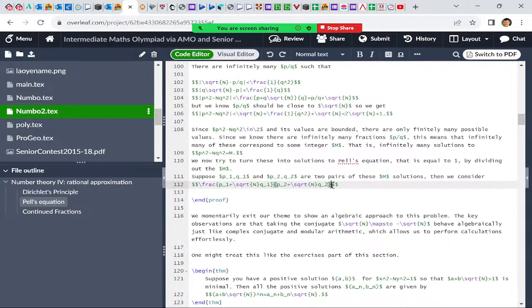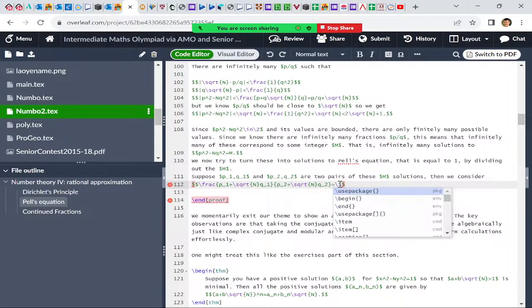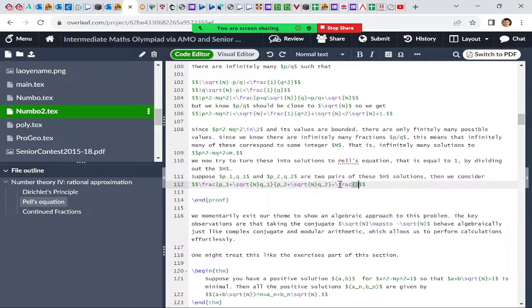So this equals to, if you times the top and bottom by the conjugate of the bottom, yeah, you get sort of P2 squared, right? And the top becomes